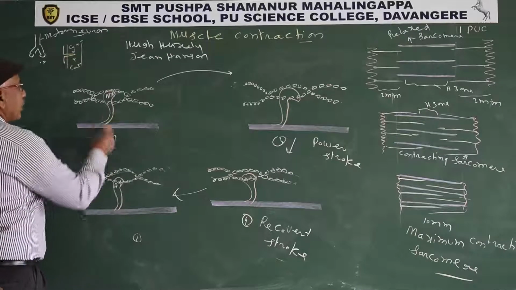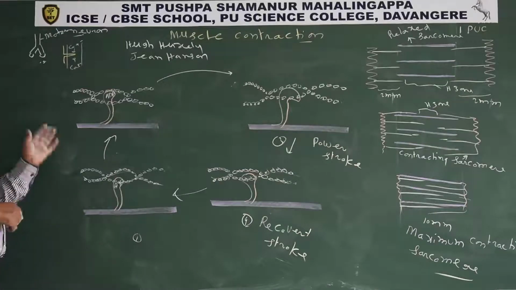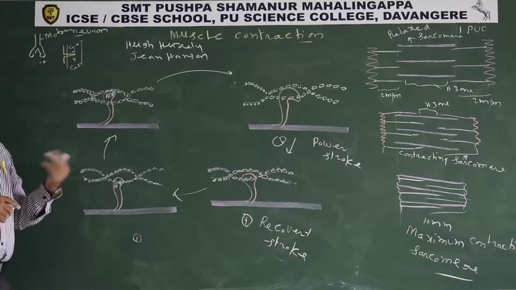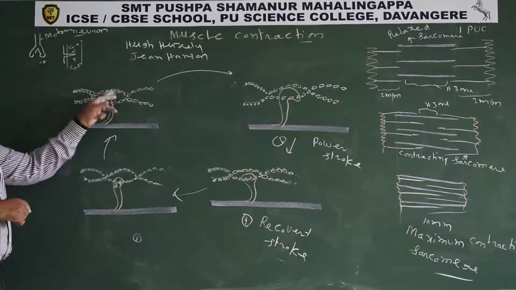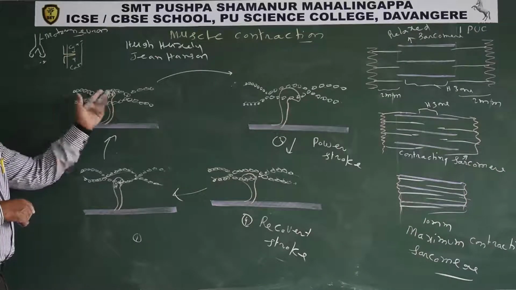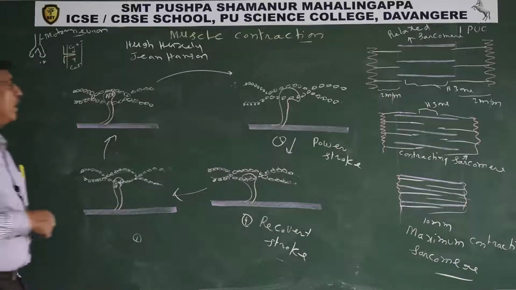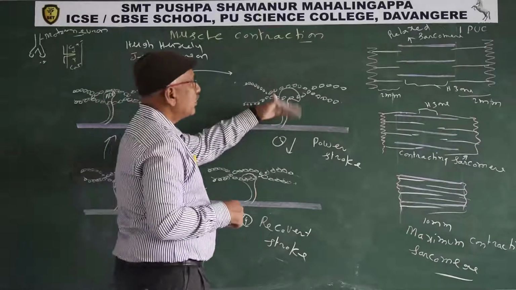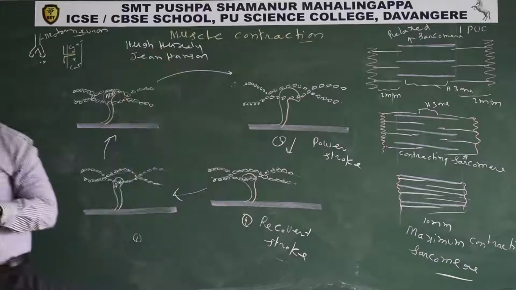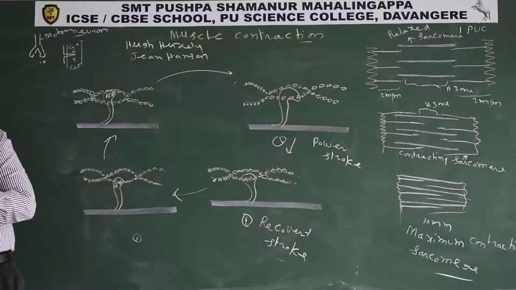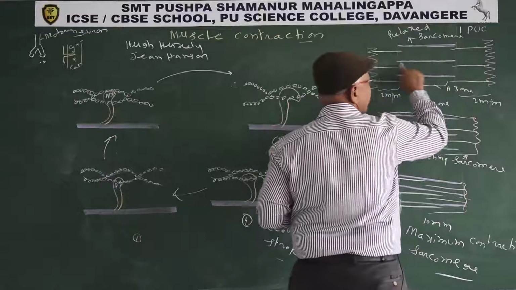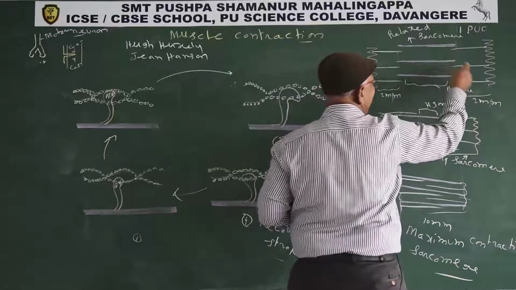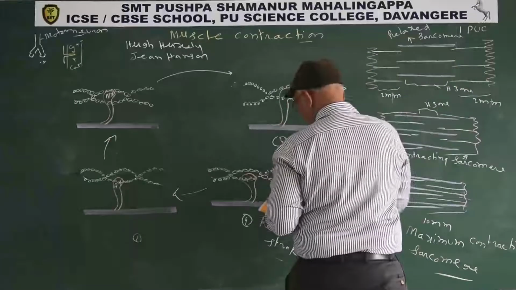Now in the absence of ATP, means in the presence of ADP, the meromyosin head attaches to the active site. Later, like this, you already know, it is the myosin filament and these are the actin filaments. Meromyosins,